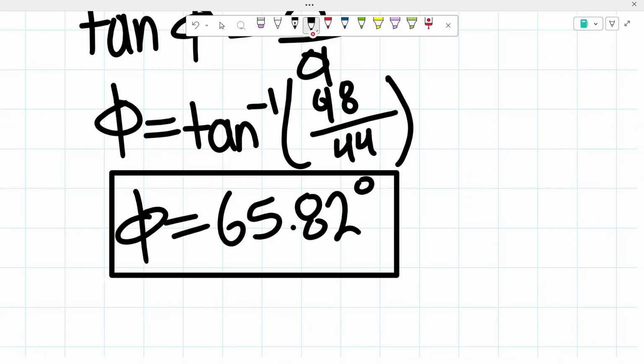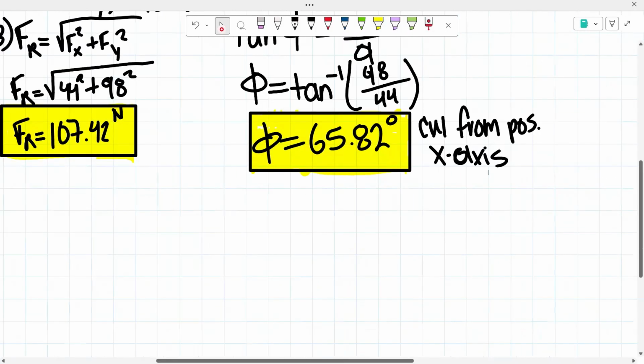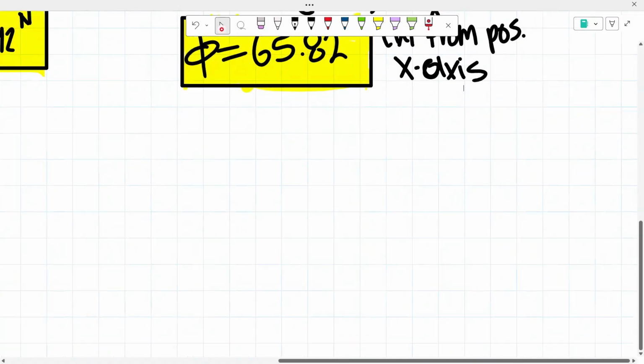So this would be the direction of your resultant force if you were trying to look for it clockwise from the positive x-axis. So this can be your direction, but you've got to specify it. Don't forget to specify in which direction. So this would be your answer if you were finding it clockwise from the positive x-axis. But if you were told, or if you want to find it going counterclockwise from the positive x-axis, you would still need to do this part, but then from there,